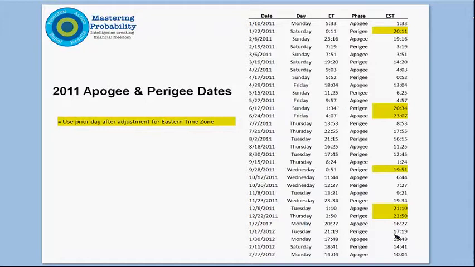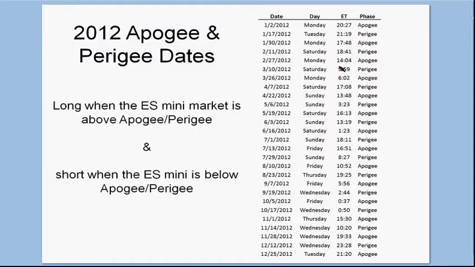So I've made all the adjustments here. I did not make all the adjustments, I just didn't have the time today before we got started, but you can make the adjustments. You can do a quick Google search, and perhaps next time I'll have this updated. But these are all of the going forward apogee and perigee one after another.